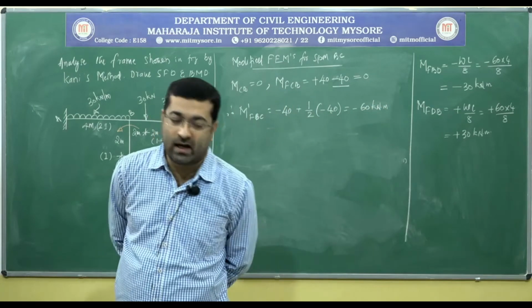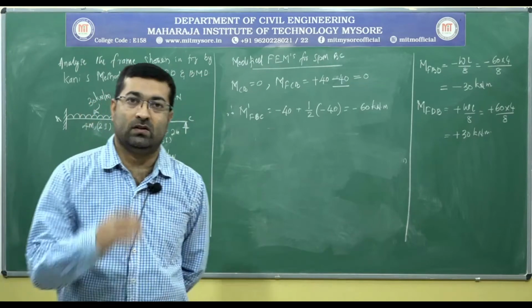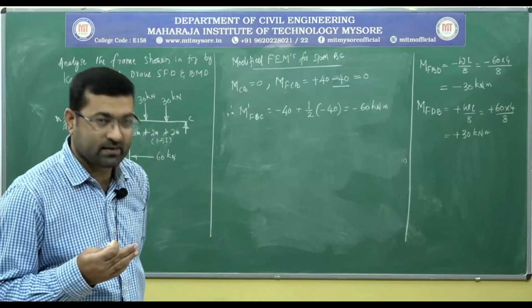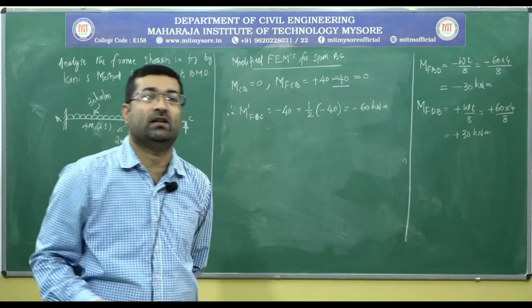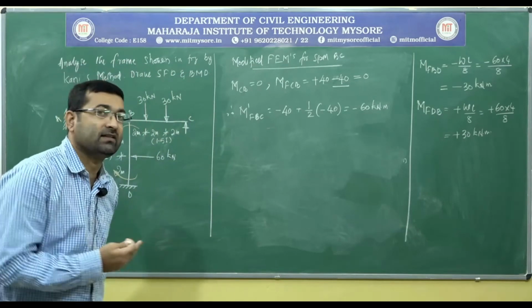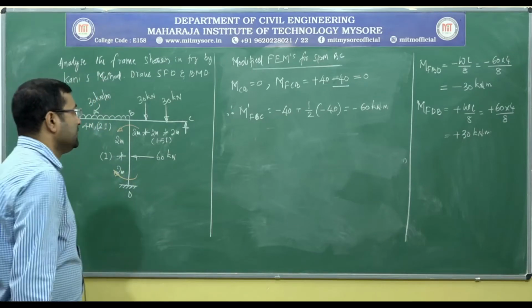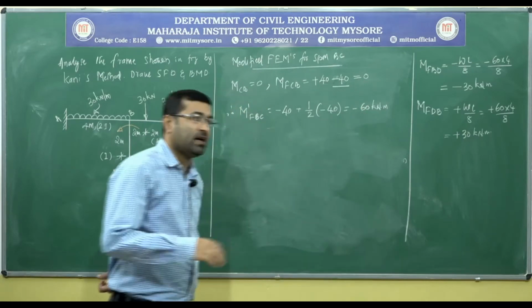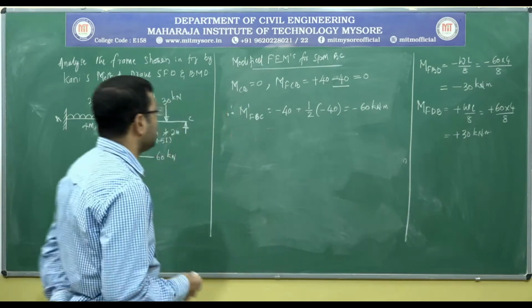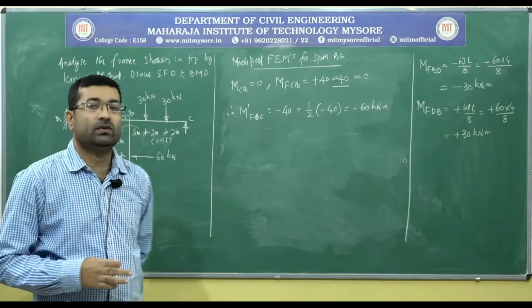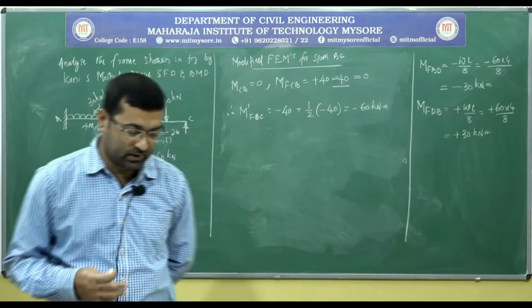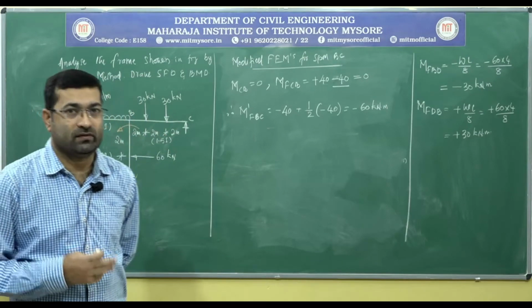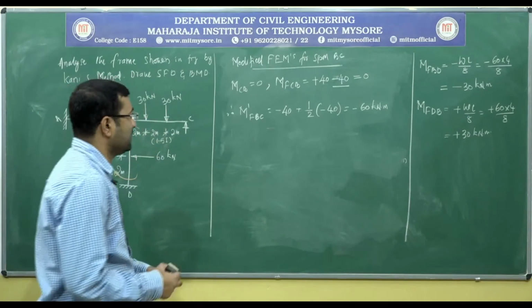So as we are adding some additional moment on one end to make that particular end moment 0, obviously on the other side there is an increase in the bending moment. So here we have made it 0, but on the other end the moment has increased. Okay, so with this we need to go for the next calculations, that is we need to go for the calculation of the rotation factors, right.